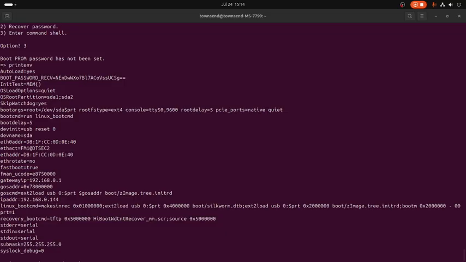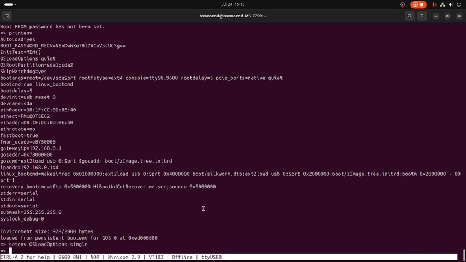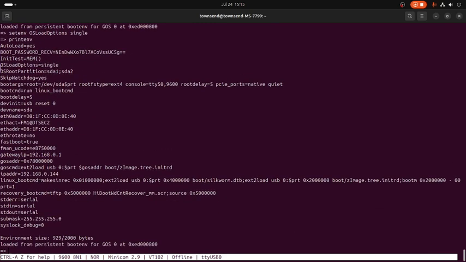So here we need to set OS log option single. I have the command right here. Copy, set env, paste, setenv OS log option single. As we can see right here, OS log option is quiet, so we need to change that particular variable. So enter. We need to check if the configuration applied, and yes, we need to